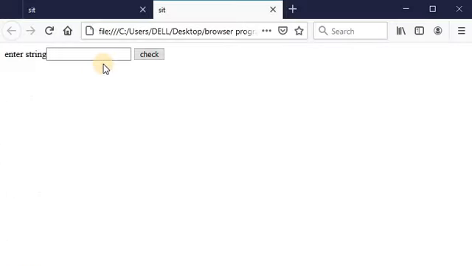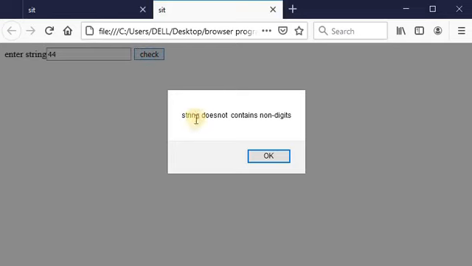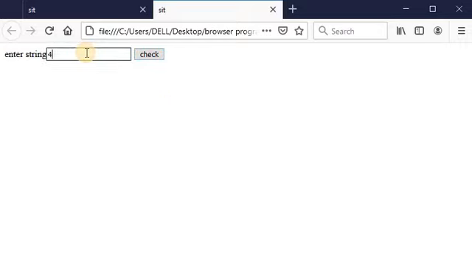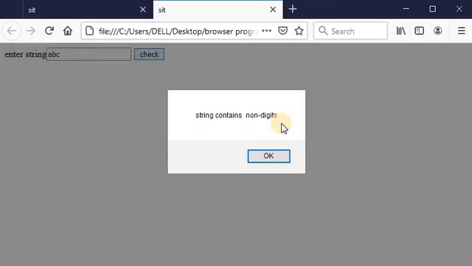This is the output of our program. Suppose here I am writing a number and click on the check button. String does not contain non-digits, meaning it is not a character. Suppose here I am writing characters, ABC, and check. String contains non-digits, meaning it contains characters.